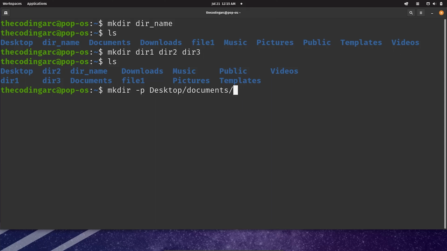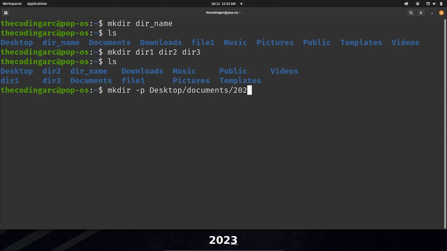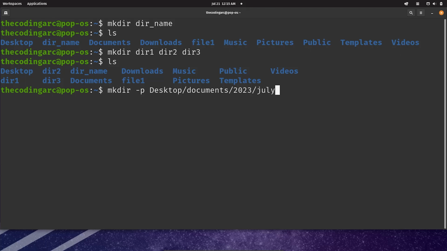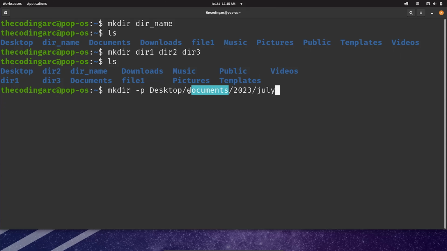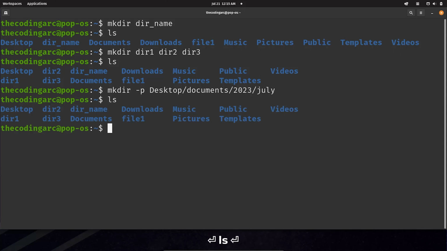I want to create the folder 2023 and July, which is the current month. So first of all, if the directory already exists, it will do nothing to it. If any directory does not exist, then it will create it and will also create all the directories within it. Okay, so if we do this and cd into desktop,